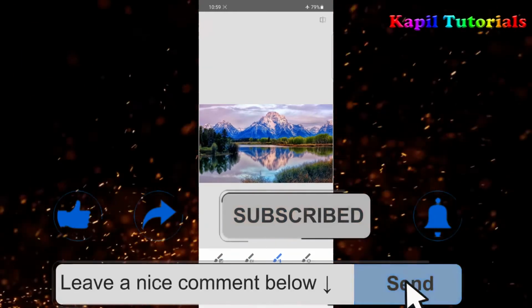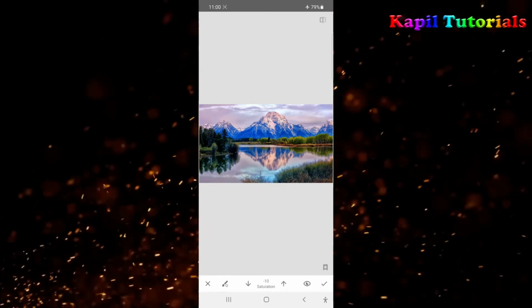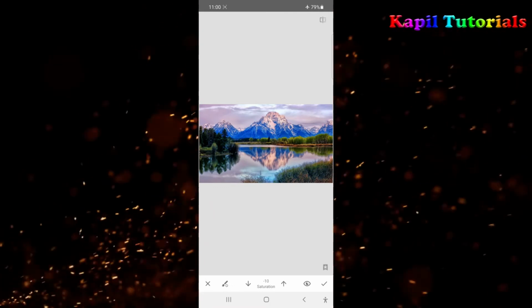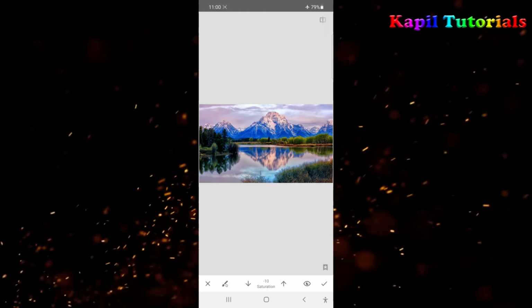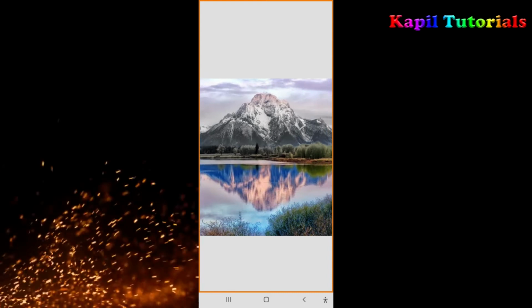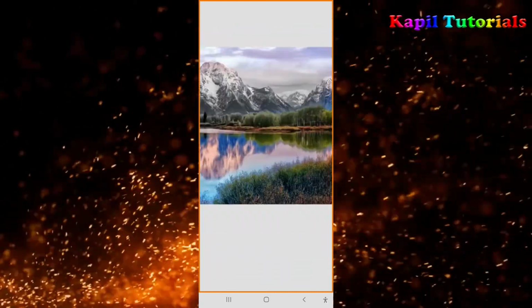Okay, now saturation. Saturation, you already know that is the power of the color, more color or less color. So I'm starting saturation at -10. So totally it will make it black and white. Suppose hills I want to make black and white. So I'll just put my finger, I'll rub the finger. Now you see the difference. Hill is black and white, but the rest of the part of the image is colored.